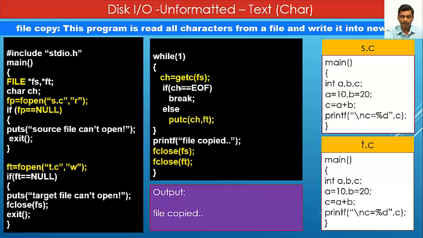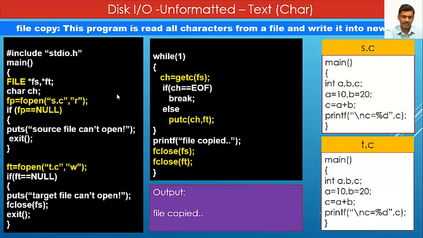We can put fgetc or getc of Fs. This is a file structure pointer variable, that is Fs. This is a typing error. This is Fs equal to 1. It has the address of that file, because at the time of executing this statement, it opens a file from the hard